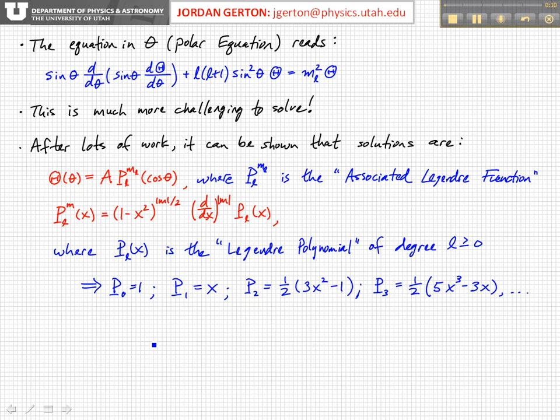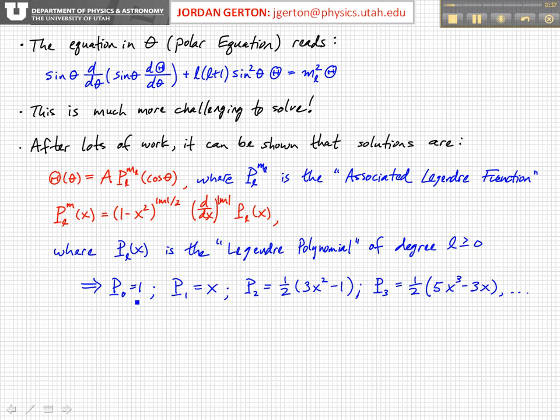So knowing the Legendre polynomials, and these are defined with respect to a variable x, in our case x is equal to cosine theta, that tells us how to calculate the associated Legendre functions, which depend on both L and M. There's a different function for each value of L and each value of M, and we see that